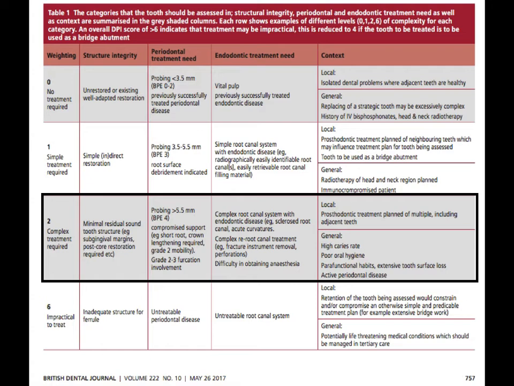The most common level we see in the clinic is weighing number 2, which means that there is a significant loss of the tooth structure coronally, which results in minimal remaining tissue. There is an effect on the periodontium, and the root canal system is usually complex, or there are some errors within the root canal treatment that require retreatment, which is most of what we face clinically,